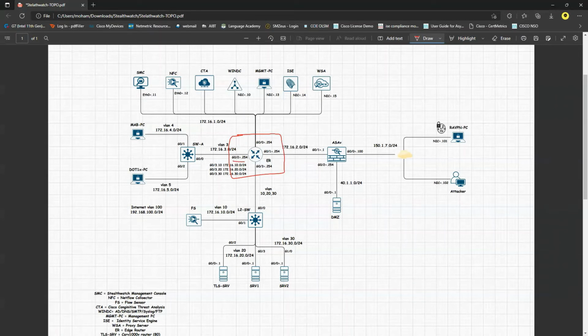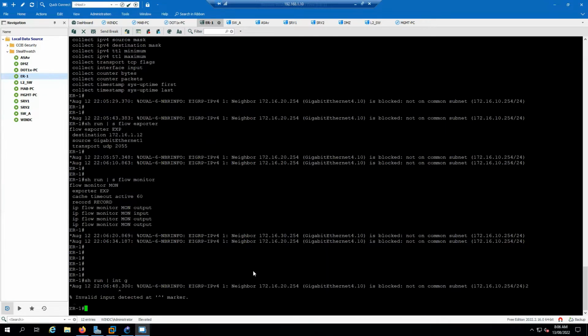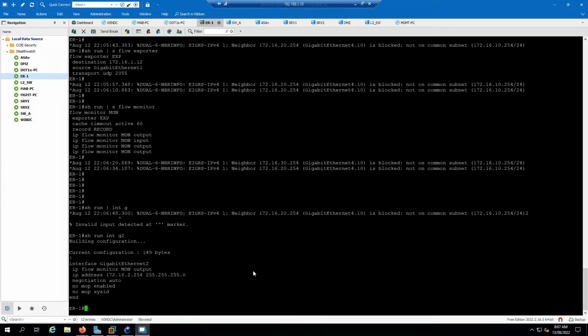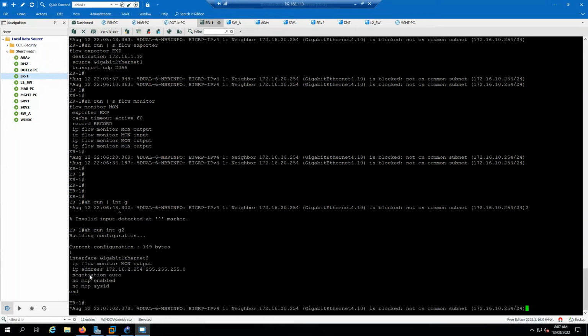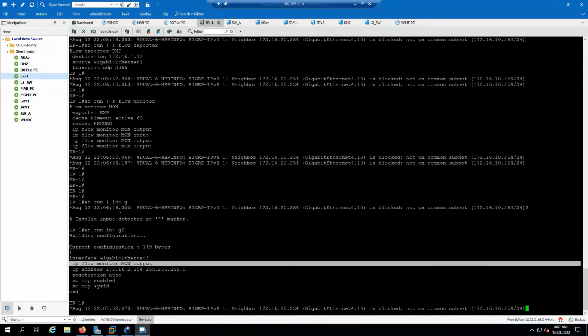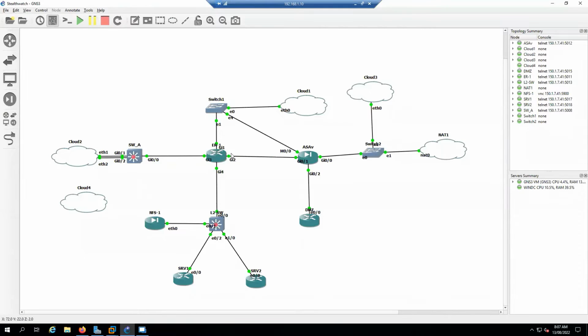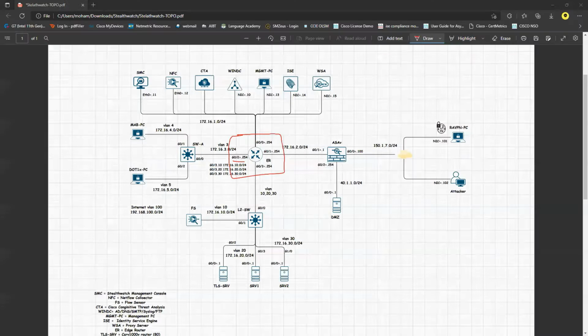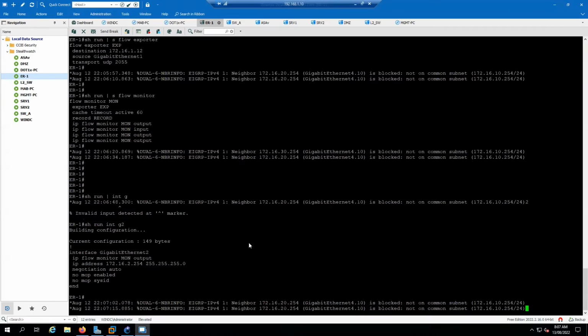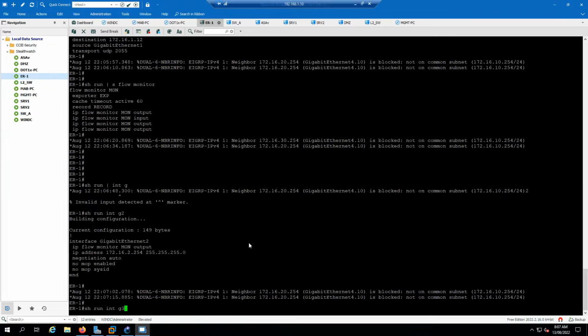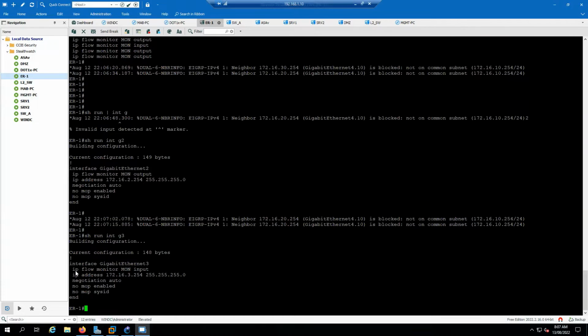GigabitEthernet 2 here, and you see that, yes, I applied output. So let me go to my topology. GigabitEthernet 2 is here, sorry. So it should be GigabitEthernet 3. Let me come back to that one. So GigabitEthernet 3. Let me look at GigabitEthernet 3 and you see that I have applied it for the